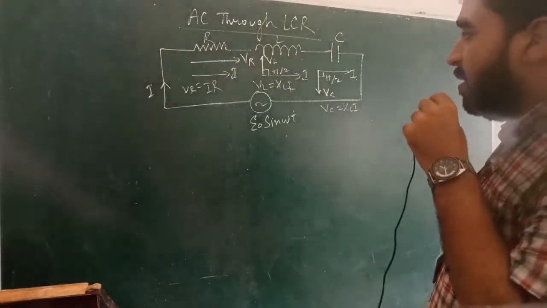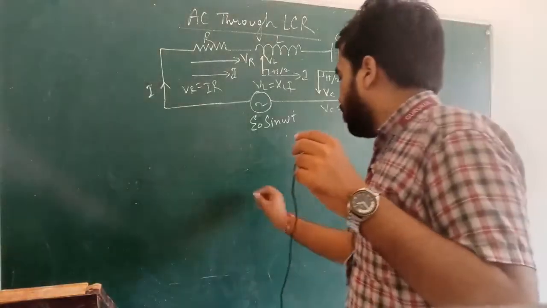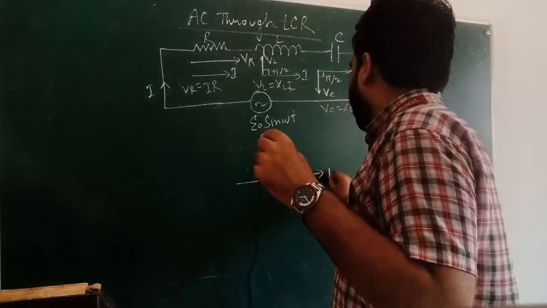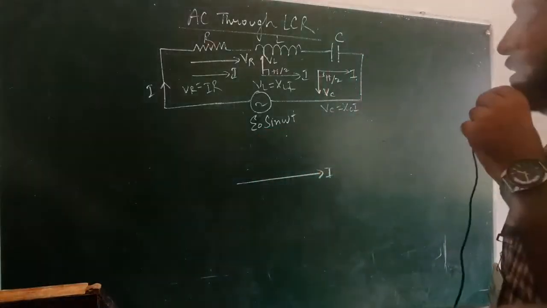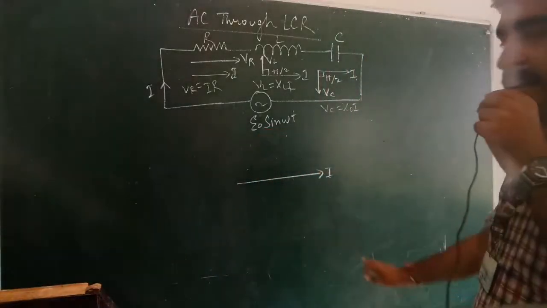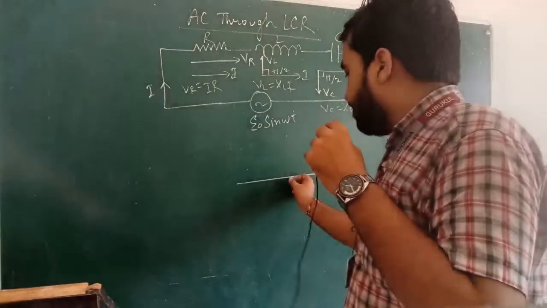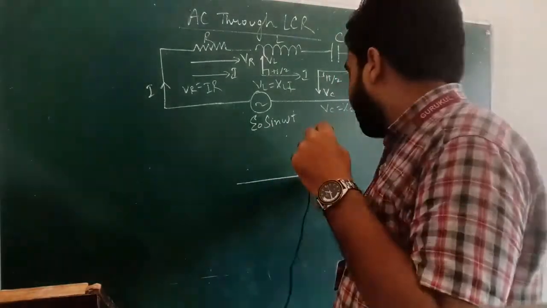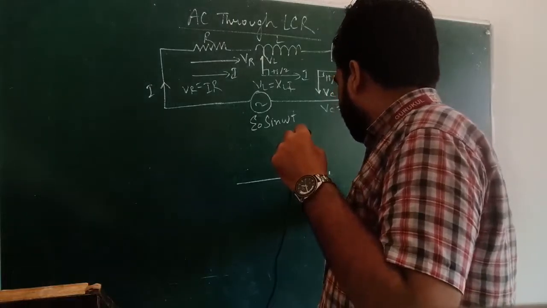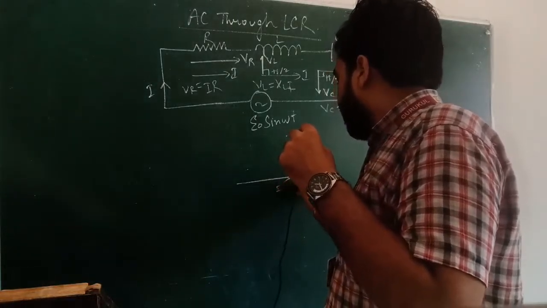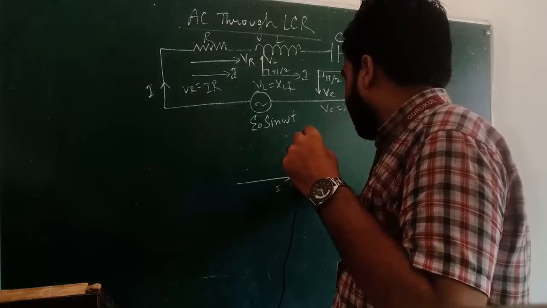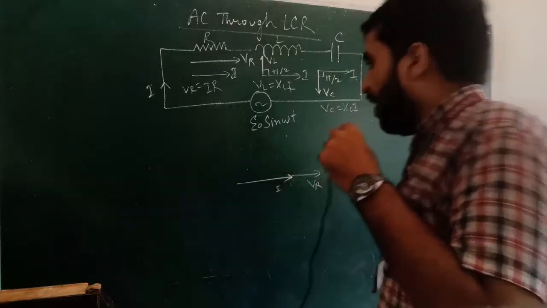Now let's draw a phasor diagram. So current I have shown here. Now this is the current, and what is the voltage for a resistive circuit? In a resistive circuit, voltage and current are in the same direction. So suppose this was the current, then the voltage will be in the same direction. So this is VR. Fine.